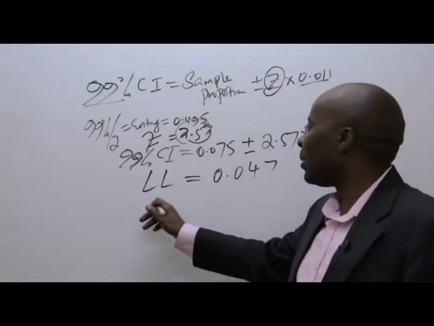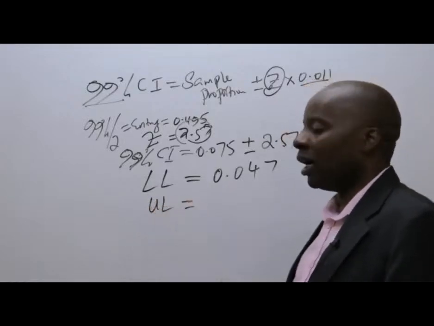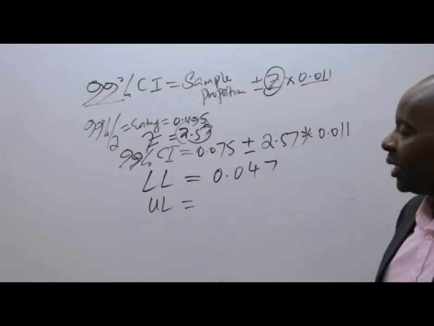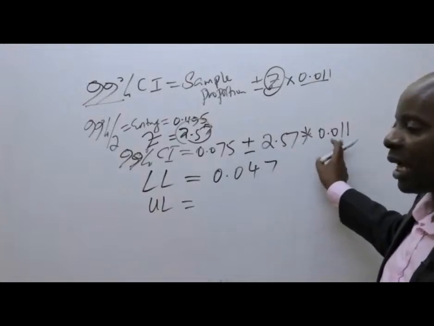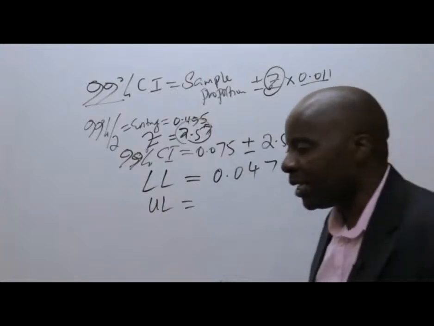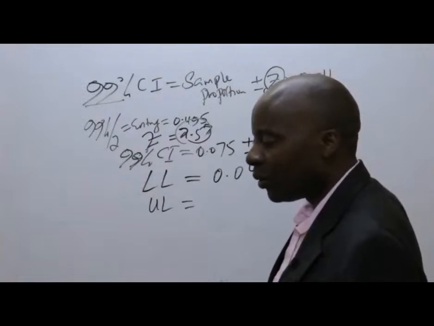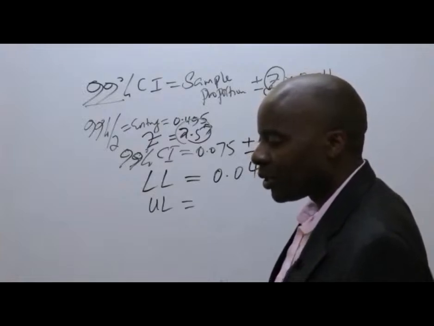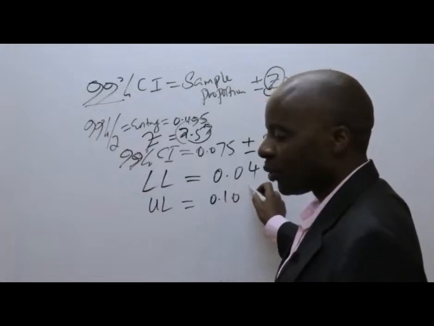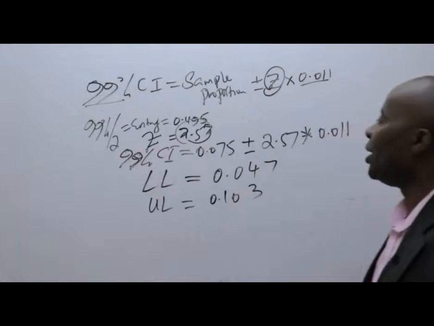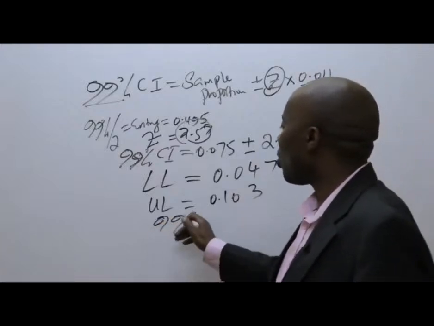How about the upper limit? Upper limit we add. You're taking 0.075 plus 2.57 times that. And according to Lokai, we have 0.103. So meaning that we are 99% confident